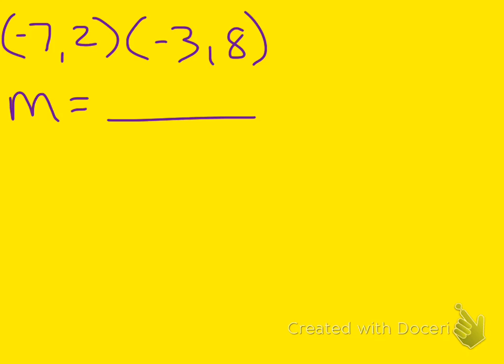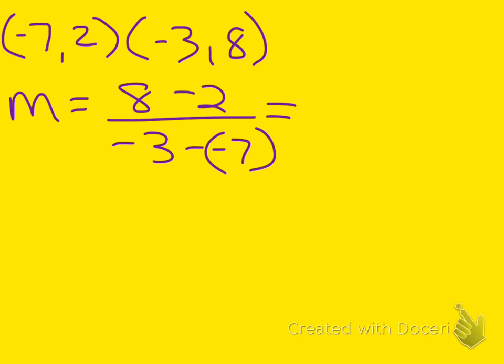So then we'll do 8 minus 2. We're going to do the 2 y's. We'll subtract them, 8 minus 2. And since we picked 8 first, we got to pick the negative 3 first on the bottom. Negative 3 minus 7. Negative 7. Very good. So then it'll be 8 minus 2 is 6 over negative,